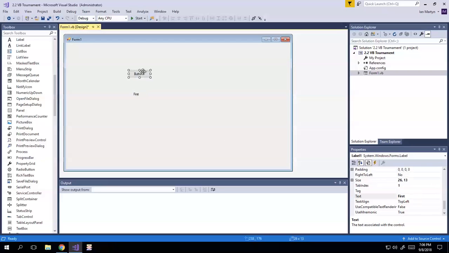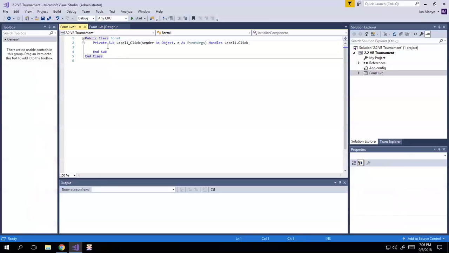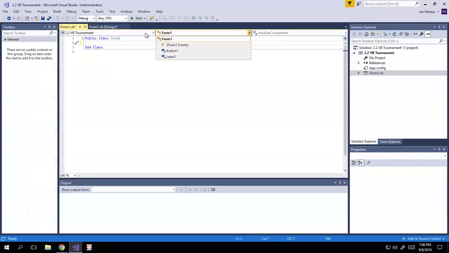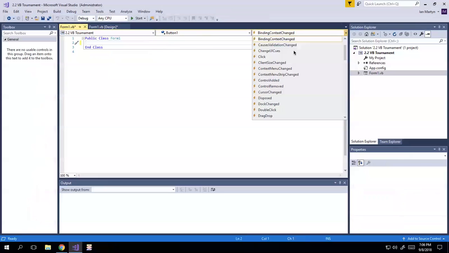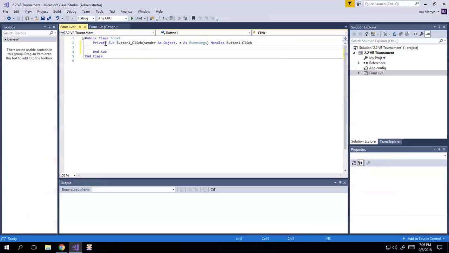Right, so first, I'm going to go ahead and view the code here. Oops, let me get rid of that. And we've got this event handler for when the button is clicked, and I'm going to go ahead and say label1.text equals